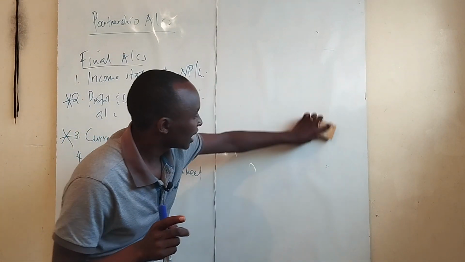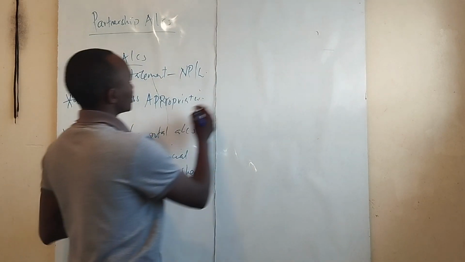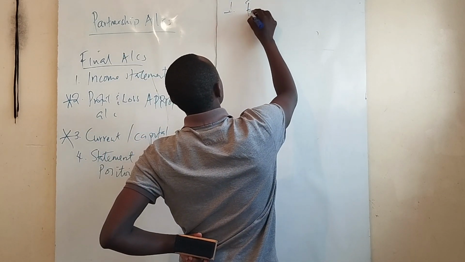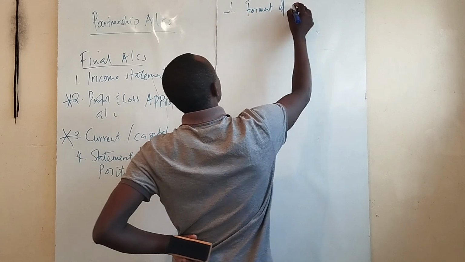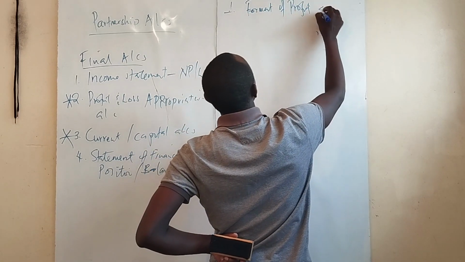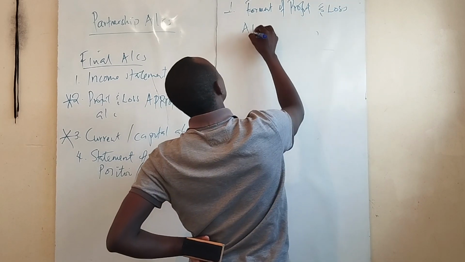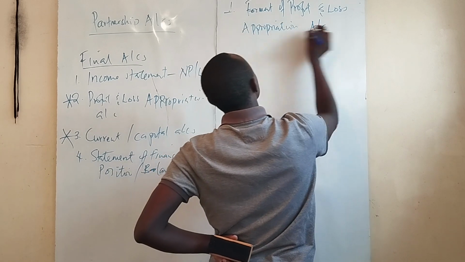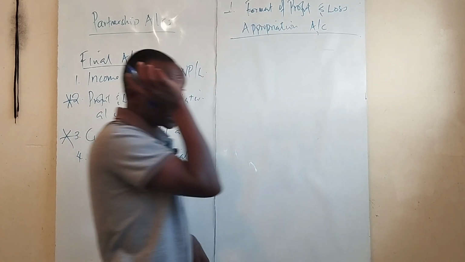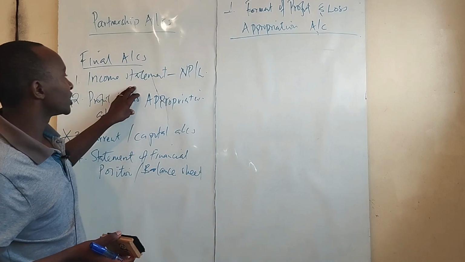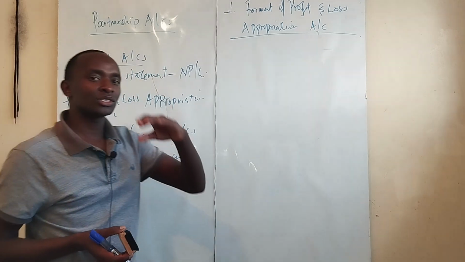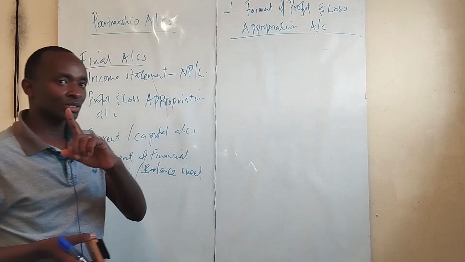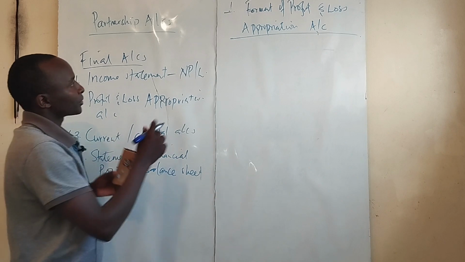So in short, appropriation. From the term appropriation, let me write here. Let's look at the format of profit and loss appropriation account. So I told you, ladies and gentlemen, where the income statement stops, that is where the profit and loss appropriation account starts. So this is what happens. From the term appropriation,